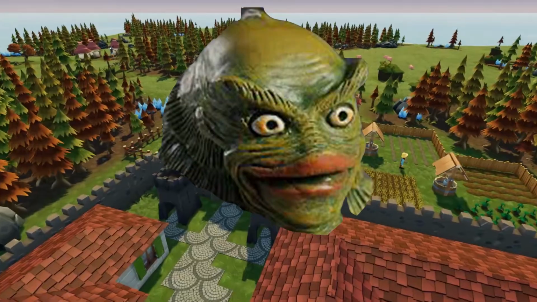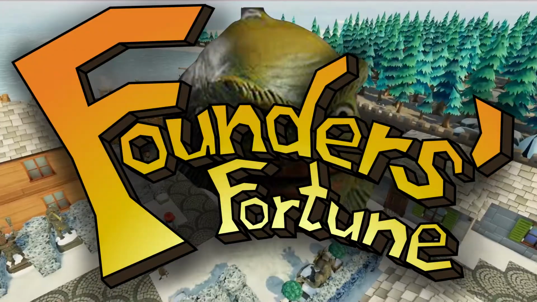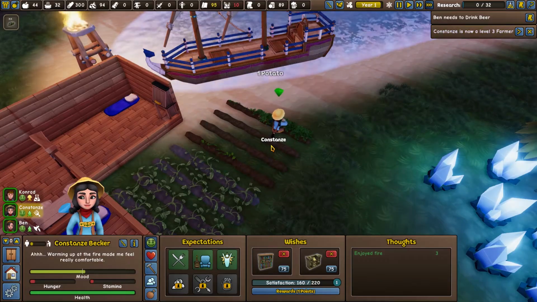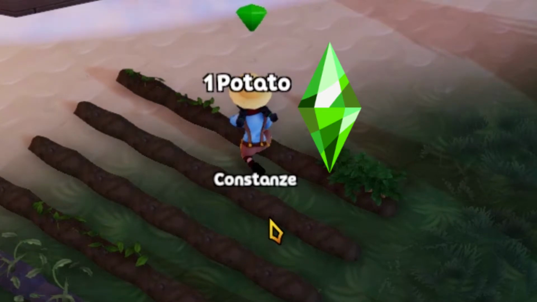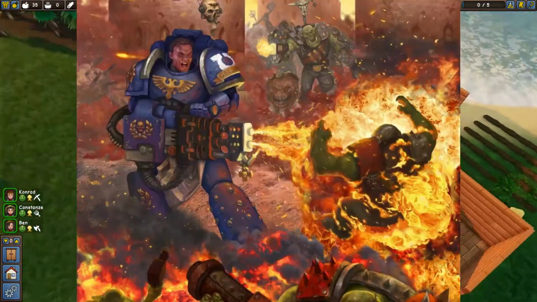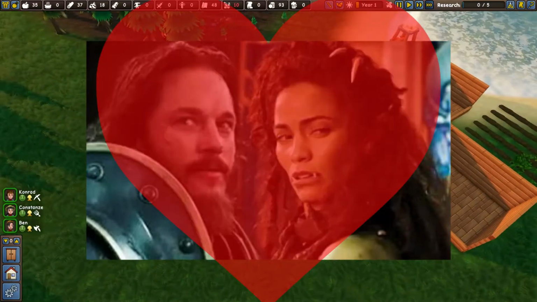Hello, it is Creature, and today we're going to be talking about Founder's Fortune. Founder's Fortune is a colony building sim, an emphasis on the sim part, but we'll get to that later. Your objective is to make a thriving colony and either genocide or befriend the greenskins on the island in order